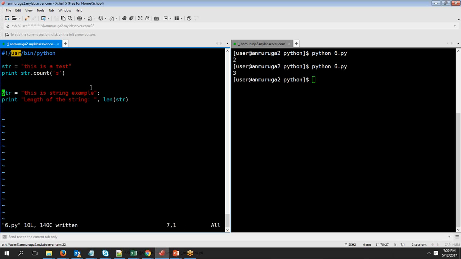So here, what is it that I'm saying? I'm saying there is a string. Once again, I'm trying to recreate it with some value, and this is the line which is going to get stored. Okay, and in this, I am saying print the length of the string, and comma, lenstr. So what it will do now is replace this with the number of characters in it. Okay, so this way I can do it, or I can also do one more thing, where I will say new variable equal to,